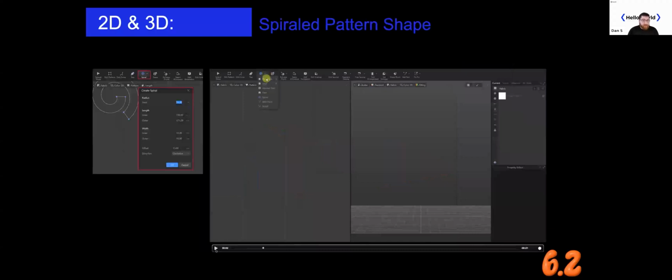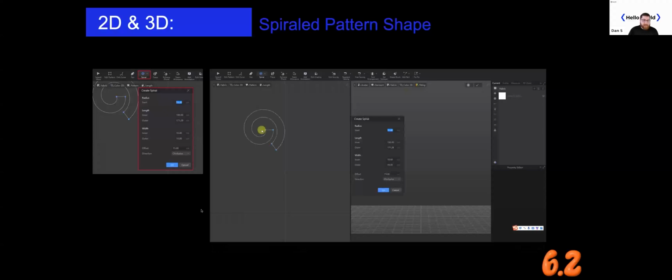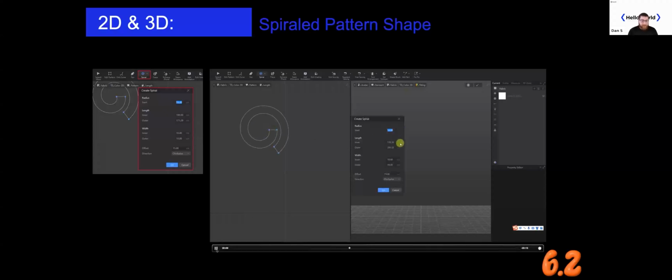We have a new tool for creating spiral pieces. This has been a long awaited request. Those of you who like creating spirals for ruffled pieces, we have a new tool to allow you to do that. What's nice about this is as you're working, you actually get a preview as you make adjustments. So you can see before committing to your adjustment or to your new piece,